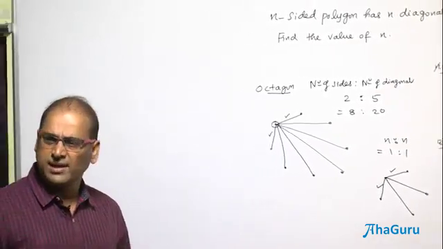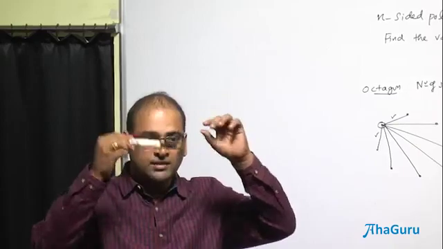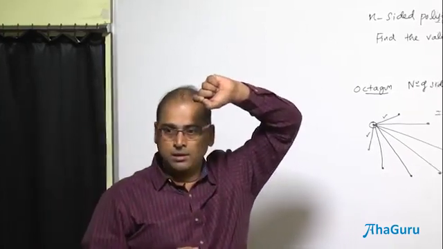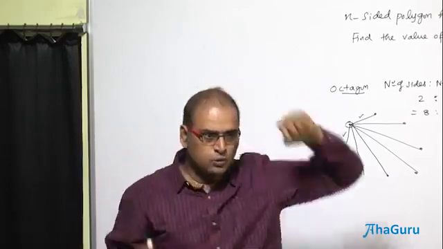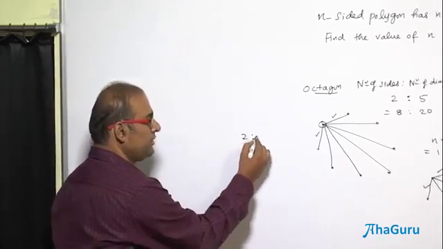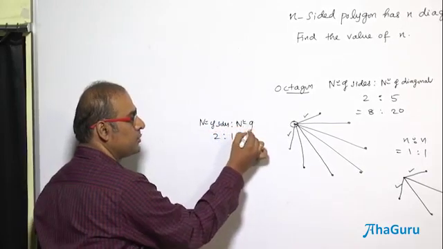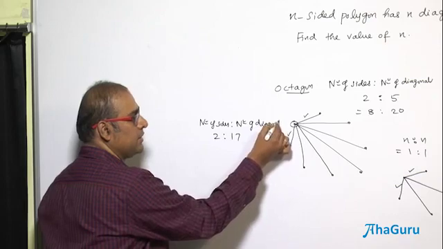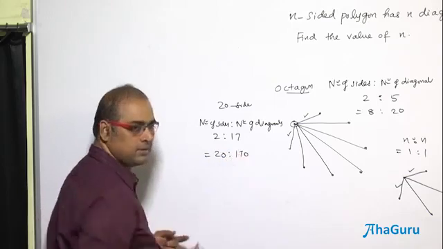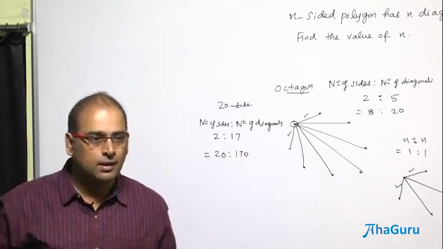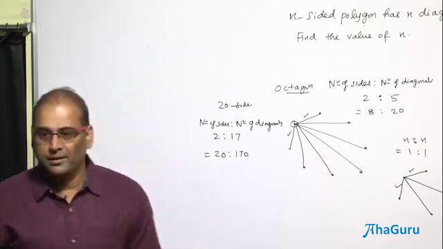So if I am going to have a 20-sided polygon, you understand that there are many ways you can think of counting. For a 20-sided polygon, if I take a vertex, two neighbors are there, so two sides, and the balance is how many? 2:17, correct? For a 20-sided polygon. But the number of sides is, this is for which polygon? So when you make this 20, what will happen to this? And you understand why this is going to work. The ratio is going to be the same. With the picture, that way also we can work.